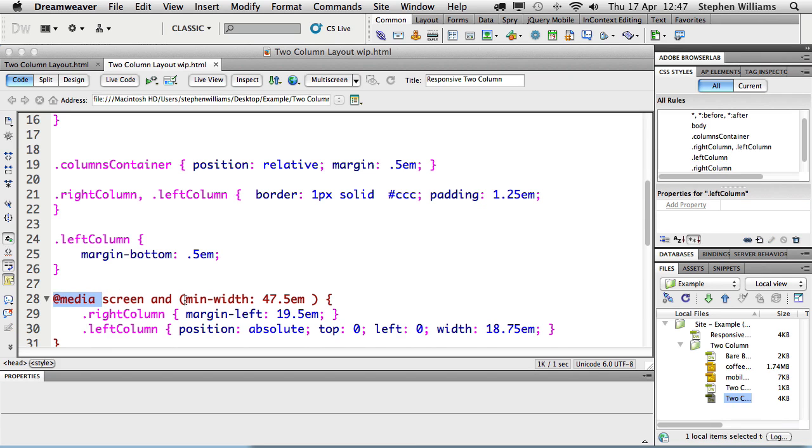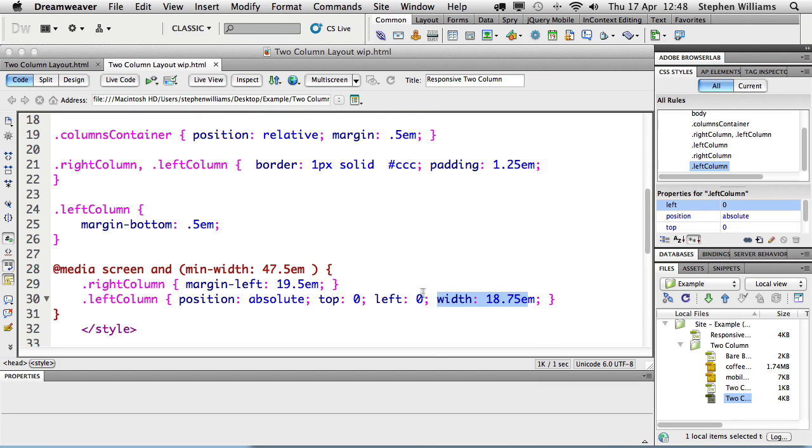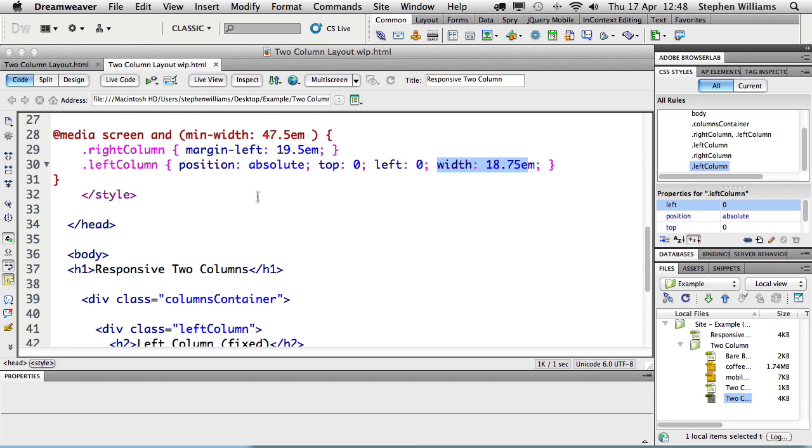And the media query is looking at the screen and the minimum width of 47.5 ems, and it applies to the right column with a margin left of 19.5 ems, and the left column with a position that is marked as absolute, and that has a width of 18.75 ems. And that is the HTML and the styles in good old